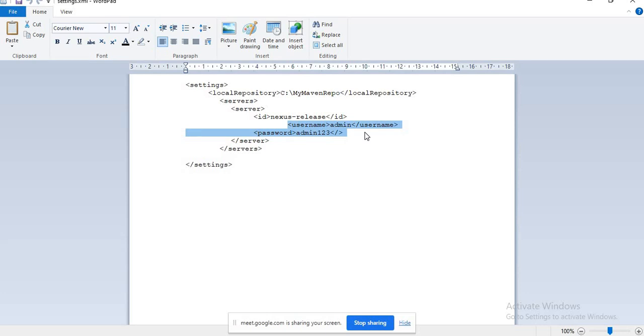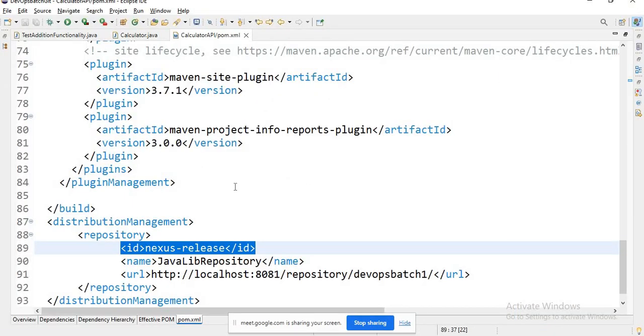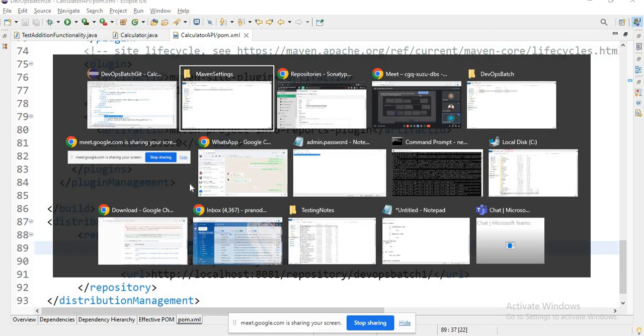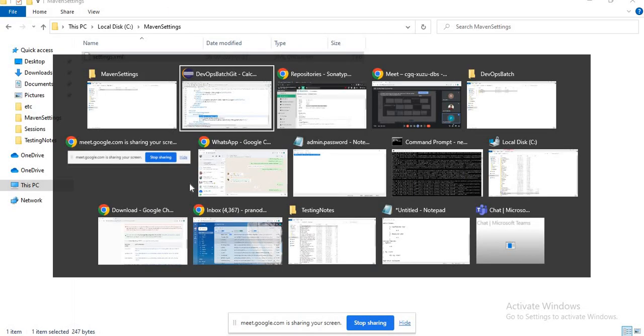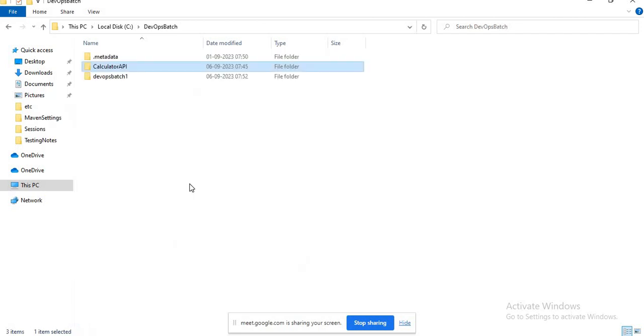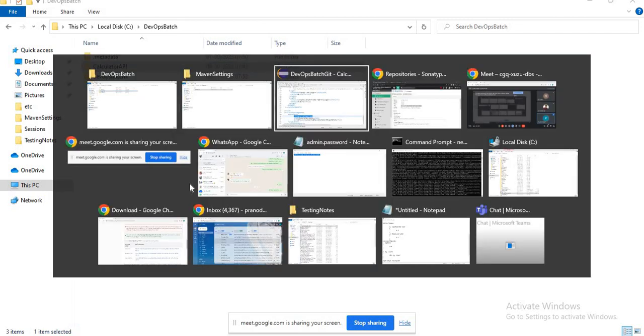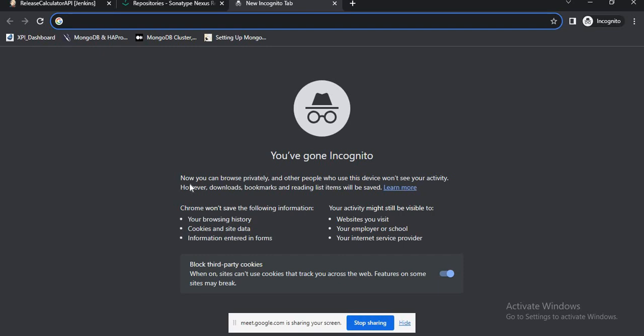I have configured the admin user credential for now, but we can configure any other user also. We had already seen how to create different roles, different users, and how to assign different permissions to the roles and those roles to the respective users. We have already seen this. So let me close this, and now first of all I will check in this change to my Git repository. So let's log into our Git repository.